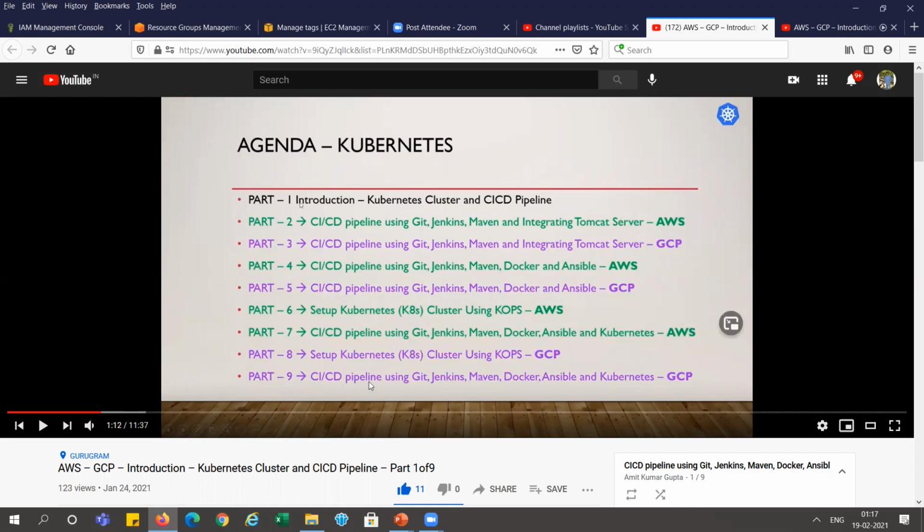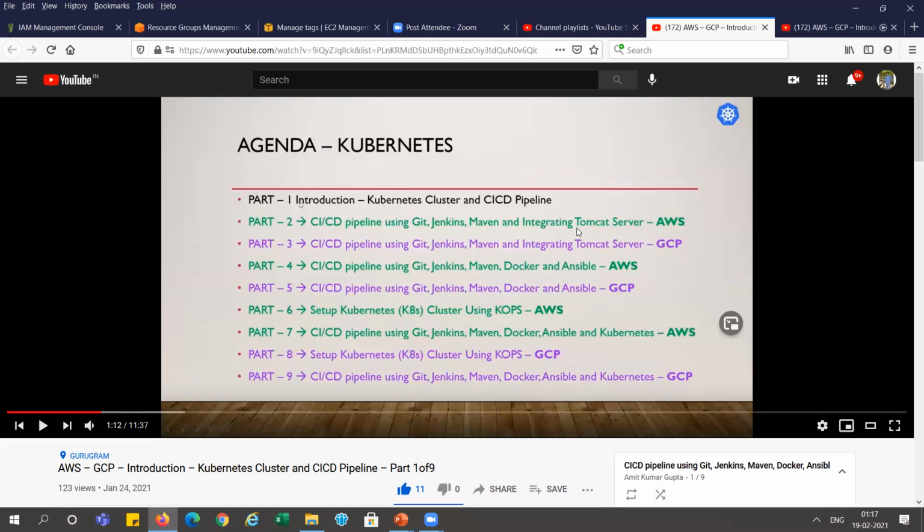So you can see here, this is a code pipeline: Git, Jenkins, Maven, Docker, Ansible, and Kubernetes. So we will create the Kubernetes environment using kops here in AWS, and you can see in GCP also we have created this cluster with kops. So we will create the cluster, and I've shown it step by step.